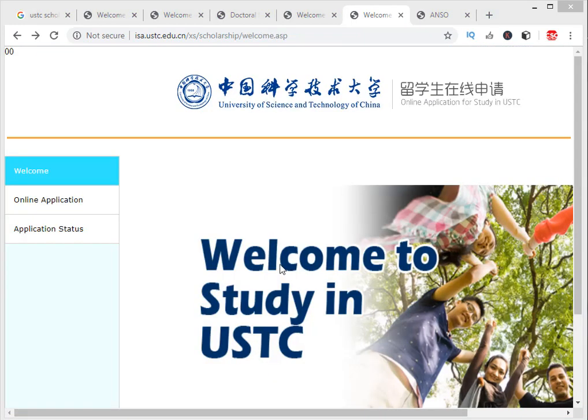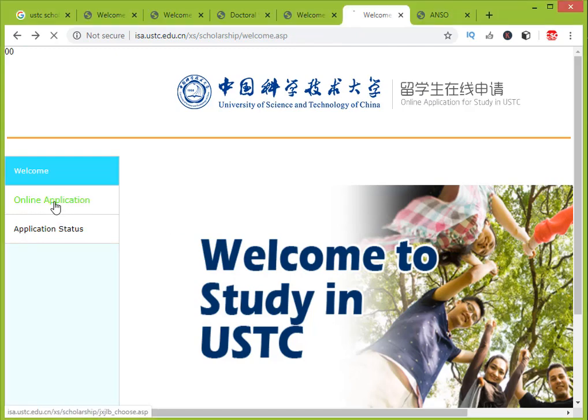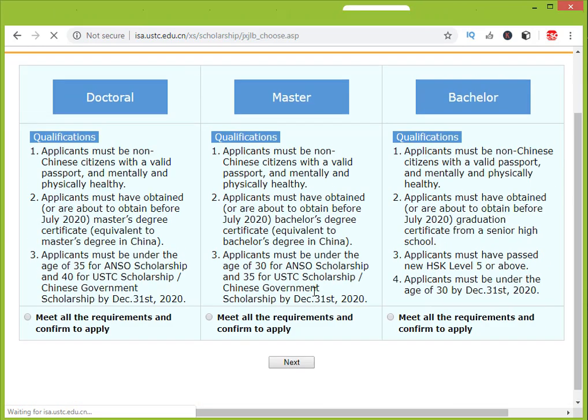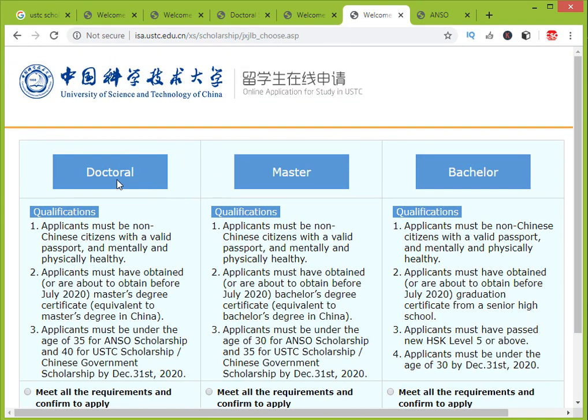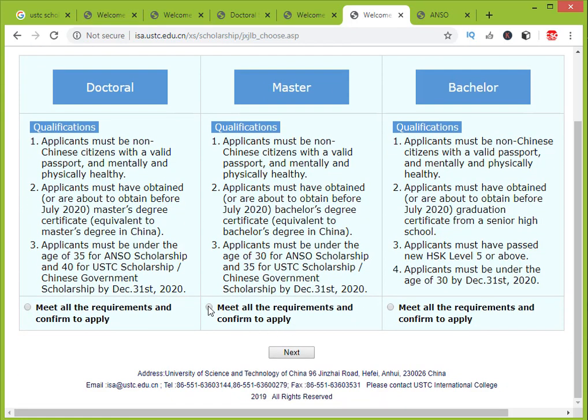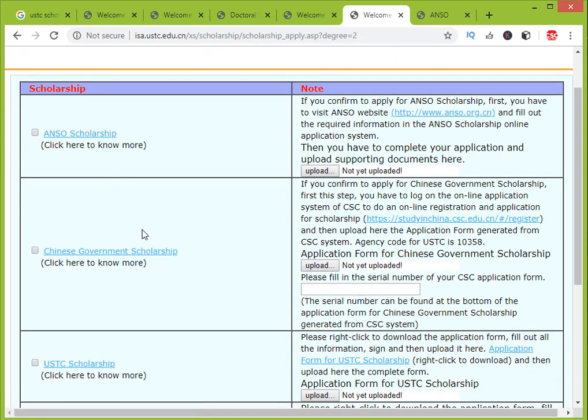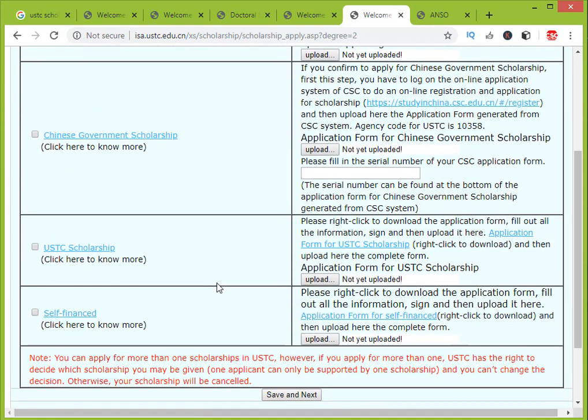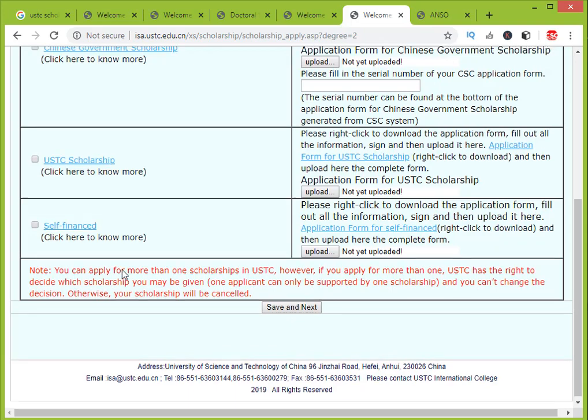One thing I tell you is that when you click on online application, you will see which program you are applying to: doctoral, master, or bachelor. If you are applying for master, then check here and click next. Okay, then this form comes forward, and then click after checking.